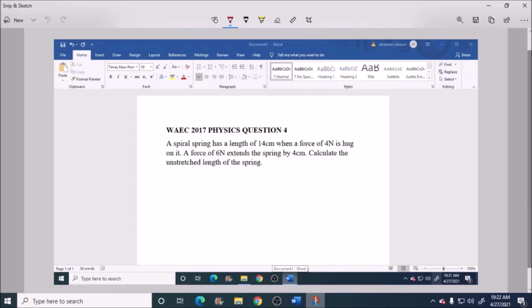A spiral spring has a length of 14 cm when a force of 4 Newton is hung on it. A force of 6 Newton extends the spring by 4 cm. Calculate the unstretched length of the spring. Alright, from